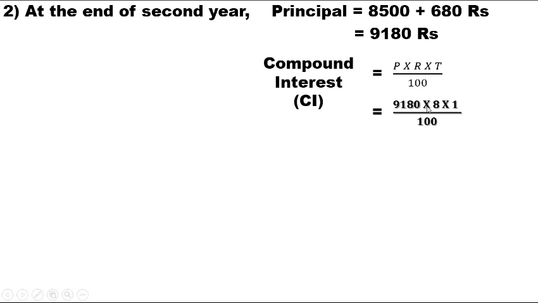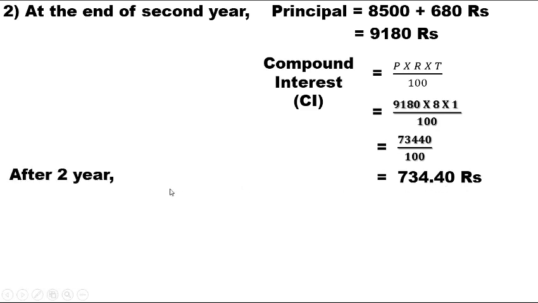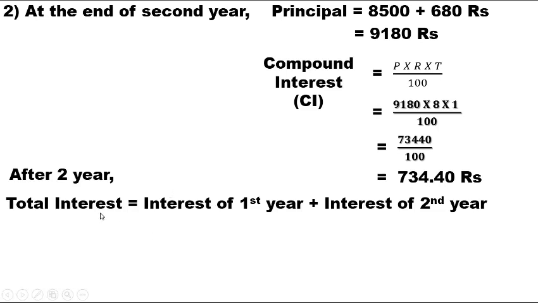9180 into 8 into 1 divided by 100 is equal to 73,440 rupees divided by 100 means 734.40 rupees. After 2 years, total interest is equal to interest of the first year plus interest of the second year